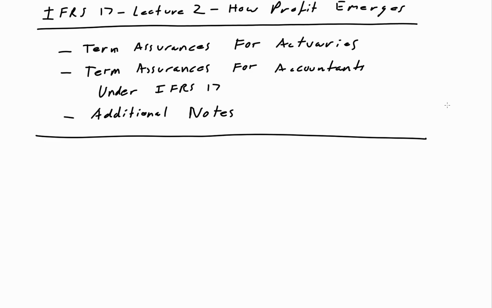We'll do it by first thinking about just what cash flows look like normally for term assurances when actuaries are doing a kind of a standard profit test. So we'll set up a toy example to begin with, and then we'll think about how the numbers there change when we apply IFRS 17 type thinking. So that's those first two sections here, and then I'll just make a couple of additional points right at the end. Okay, let's kick off with the first section, which is